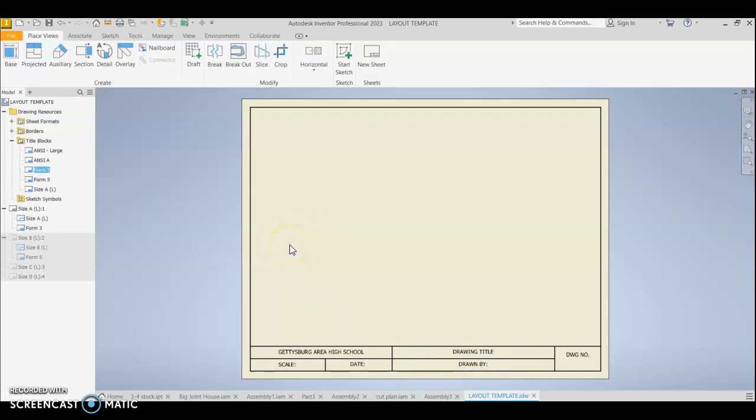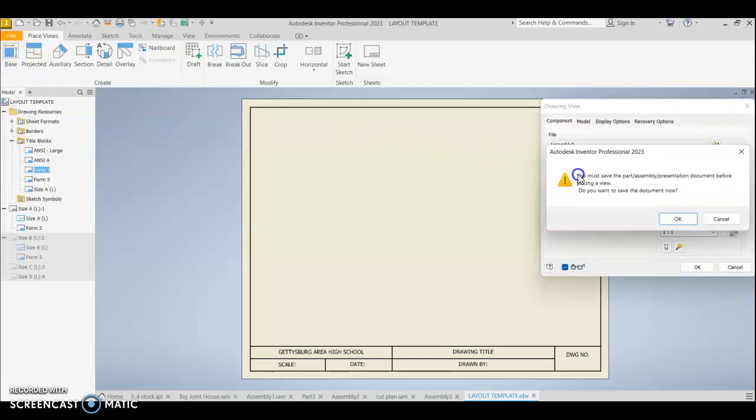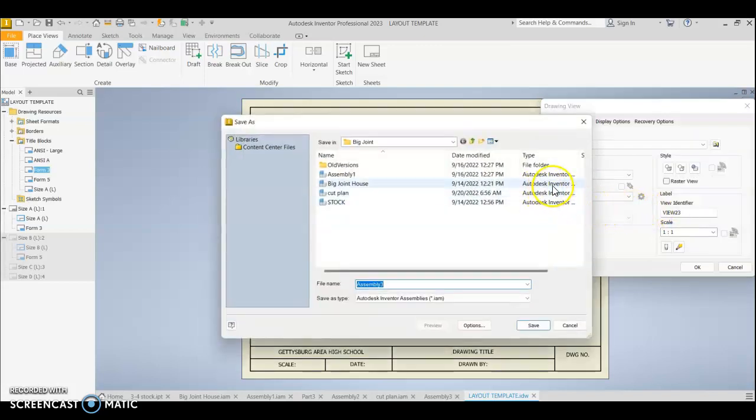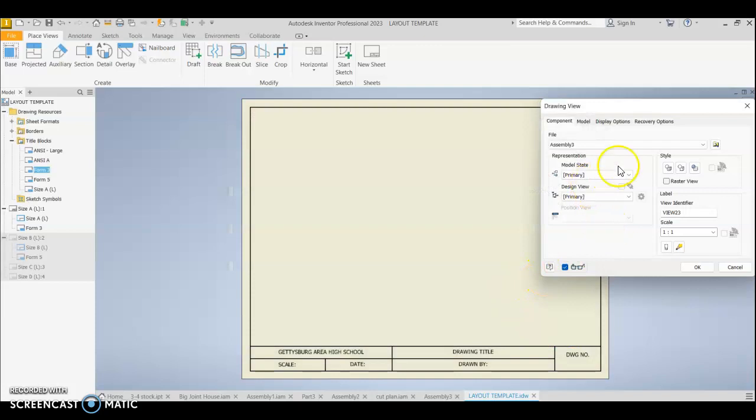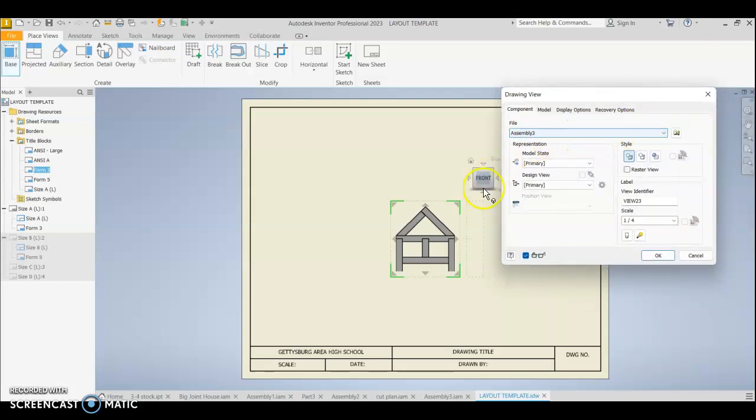Now to actually produce the layout itself with the appropriate views, I need to select my big joint house assembly view that I used earlier. And so this is just from earlier work here. I'll just save it there. That's fine. All right, so when you open and you click base, if you had your big joint house open